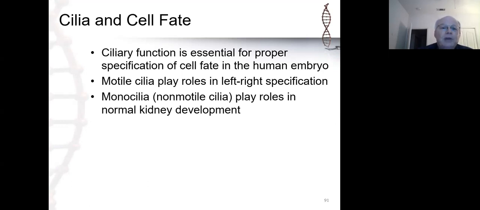And some are motile, as we would expect, and those would be the sort of cilia that we see lining the bronchial passages and attached to the end of a human sperm, that provide movement of fluids over the cell, which in the case of the sperm means that the sperm moves forwards, or in the case of the bronchial passages, moves